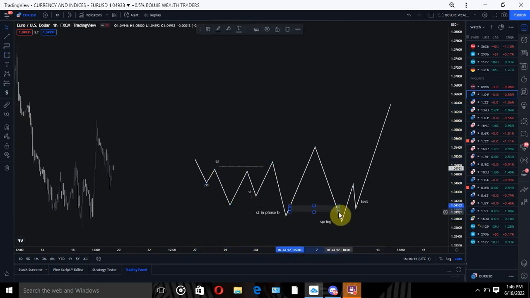A change in character, and they'll be expecting a buy at this level here. When they expect a buy at this level, the market drops a little bit to take out this low here. And when we take out this low, we create our spring. Then automatically they are being stopped out. Then the market rallies. So